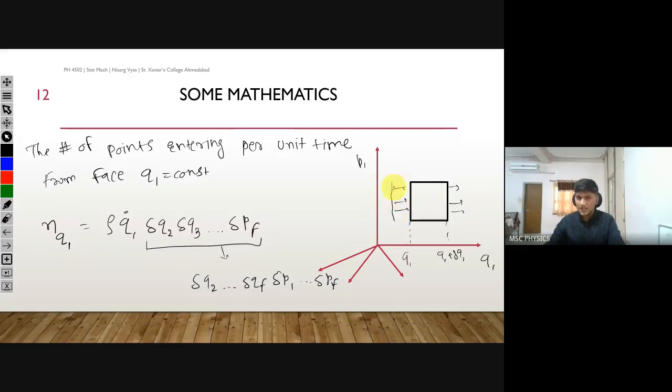So we can take a plane at a distance of q1 dot, and outside of this plane no particle will be able to enter into this box. So if we take this plane and this volume, this volume is q1 dot times all of these guys, and rho is the number density of states or representative points inside this volume, and all those points will be able to cross. Are we all clear on this formula right now?